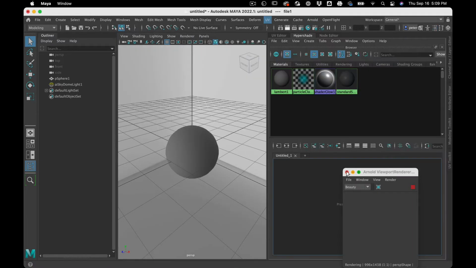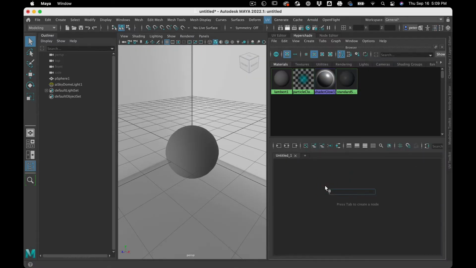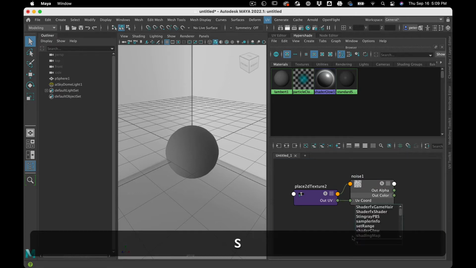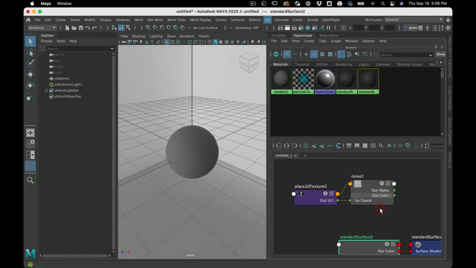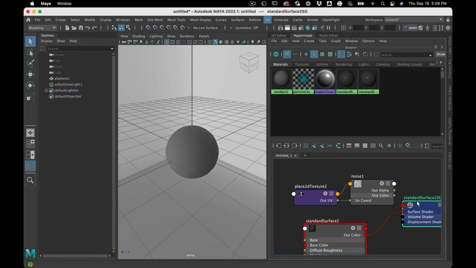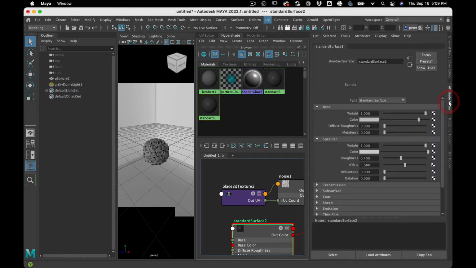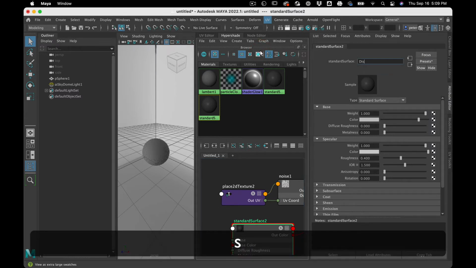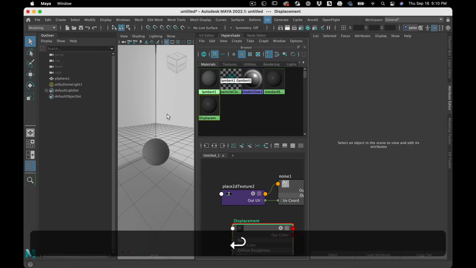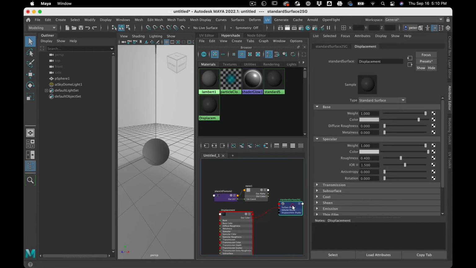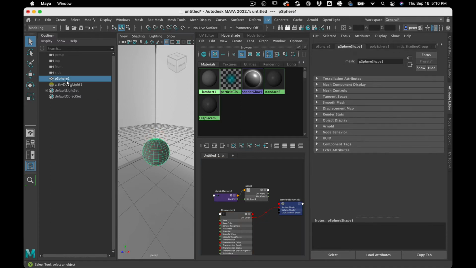Great. Okay, so now we're in the hypershade. We're going to make a Maya noise texture. We're going to make a standard surface. The name. All right. We'll assign this to our material. All right, so to